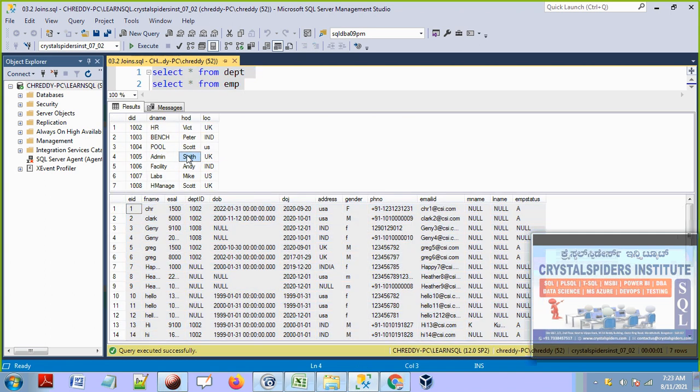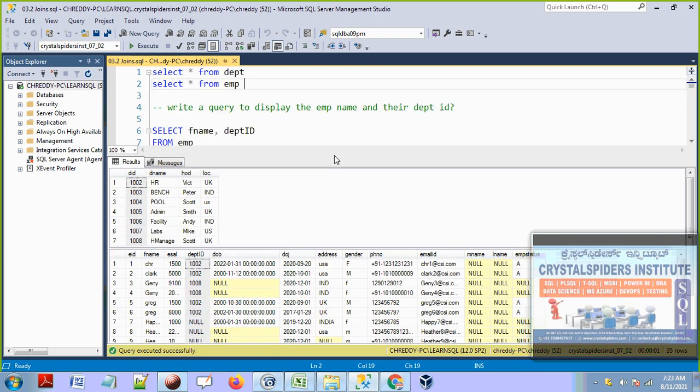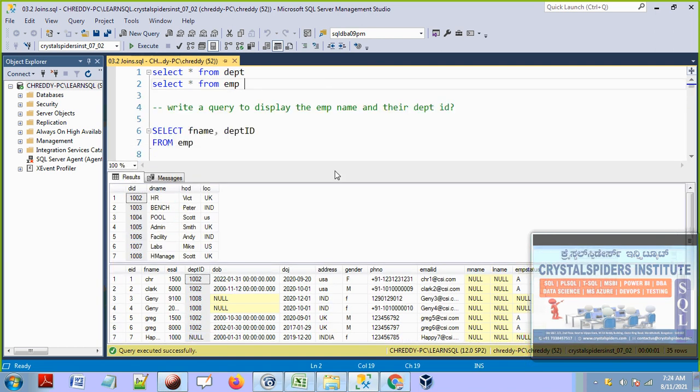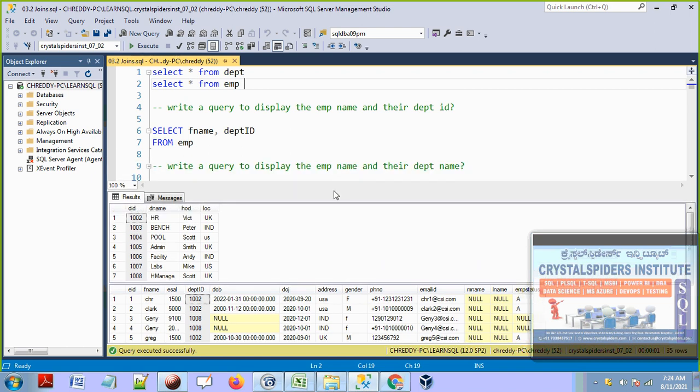So what I am going to do is join these 2 tables based on the DID column and the DEPT ID column. So how are we going to join, guys? There are some rules, guys. I'm not going to directly write the join statement with the join keyword. No, there is a way to do this. There is an order in this, right? I don't want to do this directly.